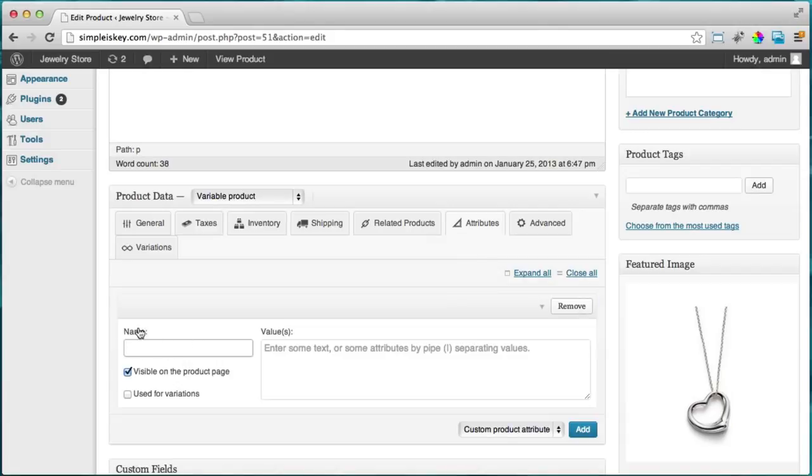And maybe the name is the general category. So if you're selling t-shirts, this would be like sizes. If you're selling jewelry, maybe this would be metals, like the different types of metal you want to use, metal. And then enter in some values. So we're gonna have gold, no, we'll start with silver,